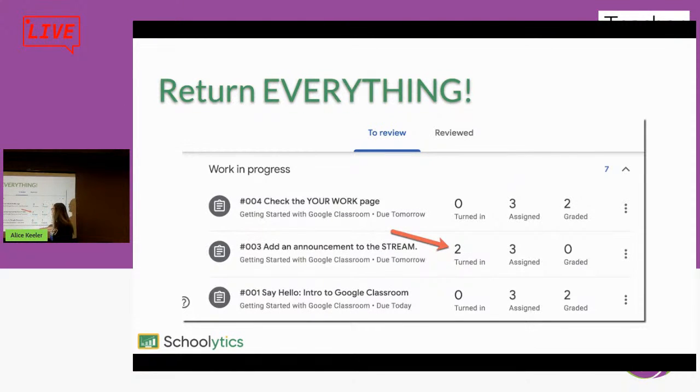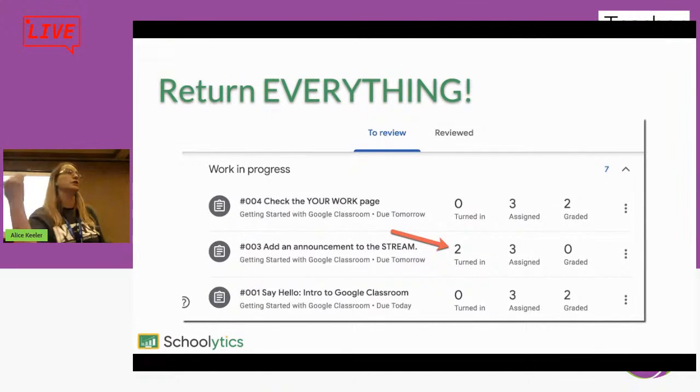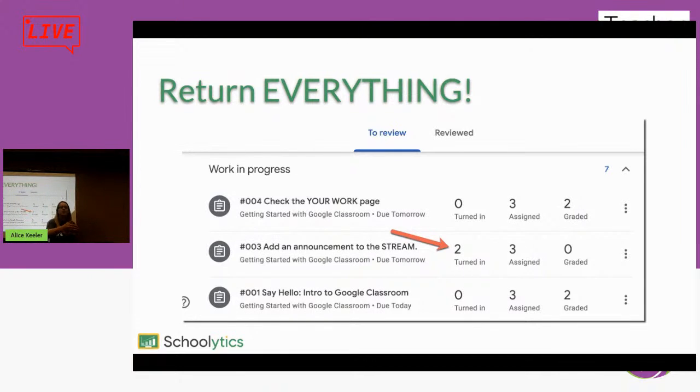It keeps my brain sharp. If this has a number that's not 0, I hold down the control key so that it opens in a new window, and I just try to go through and return. Because the longer the gap between a student submitting something and getting feedback, the less they care. So then there's a point where they're angry. So I try to be a rapid returner, right? Return. And if I'm always trying to get these to 0, then I can tell if someone turned something in since the last time I looked at it.